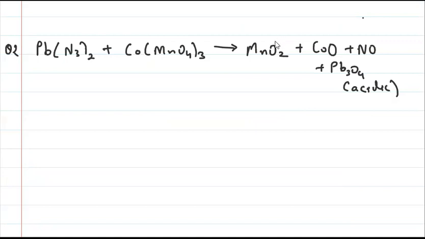We know that for any reaction to be balanced, the atoms should be balanced. First, we will balance the atoms, then we will check if the electrons are balanced or not, right? So I will just assign, suppose this is X mole of this, reacting with Y mole of this to give Z mole of this, U mole of this, V mole of this, and W mole of this. Got it? Yes or no?